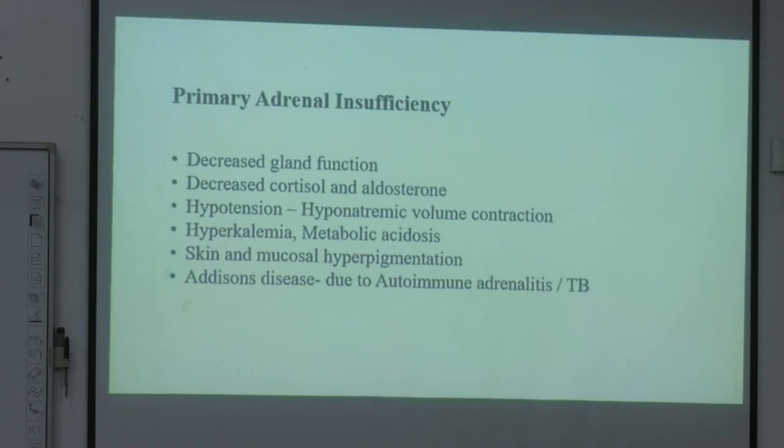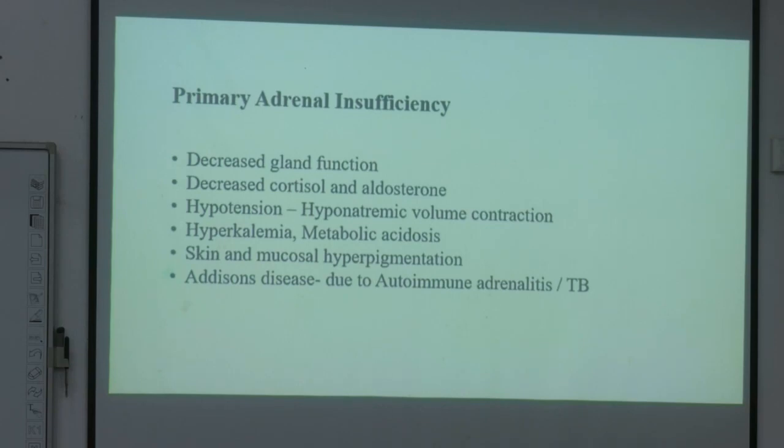Okay, and hyperkalemia হলে always remember, যখন hyperkalemia হবে তখন there will be acidosis. Hyperkalemia will be associated with acidosis. Potassium will enter into the cell, and from inside the cell H plus will come out, and that will lead to acidosis. Whenever there is hyperkalemia, potassium will be high, so there will be acidosis as well. Next is skin and mucosal hyperpigmentation, again due to the same cause. ACTH will be high, and the byproduct in ACTH synthesis is MSH, melanocyte stimulating hormone. It will cause skin pigmentation. And Addison's disease, the most common cause in India is again tuberculosis.